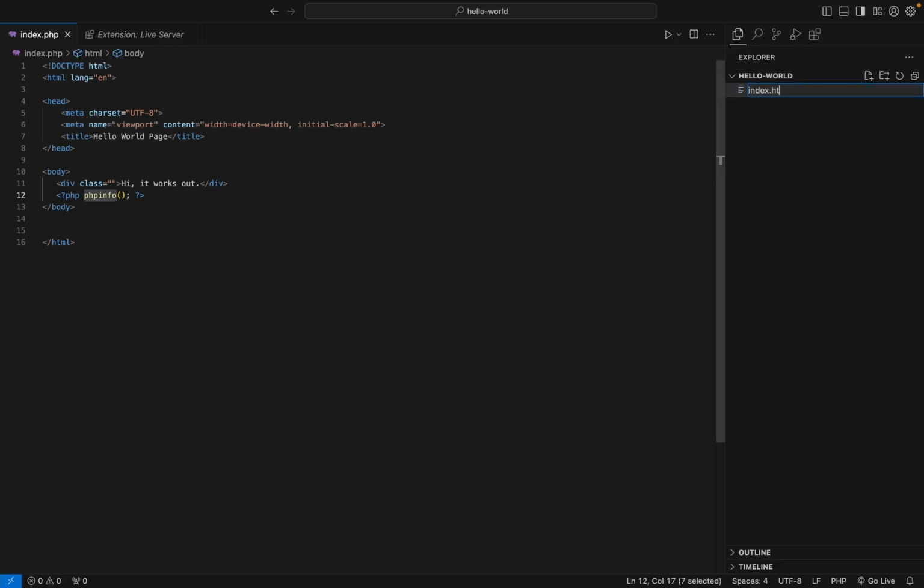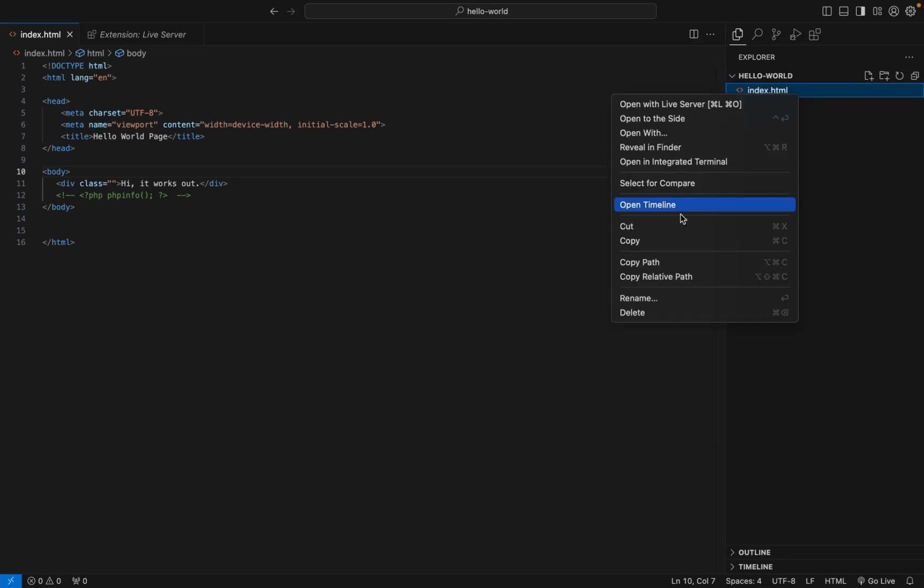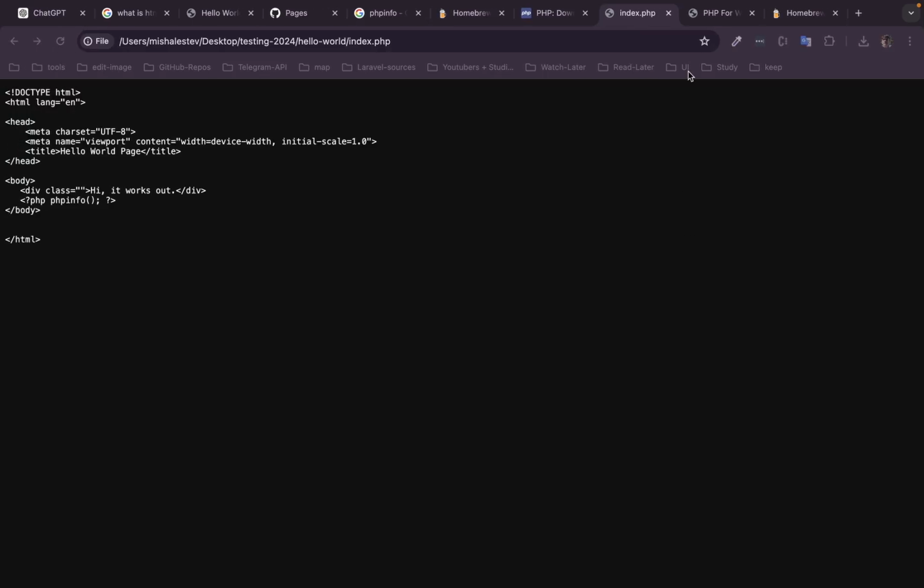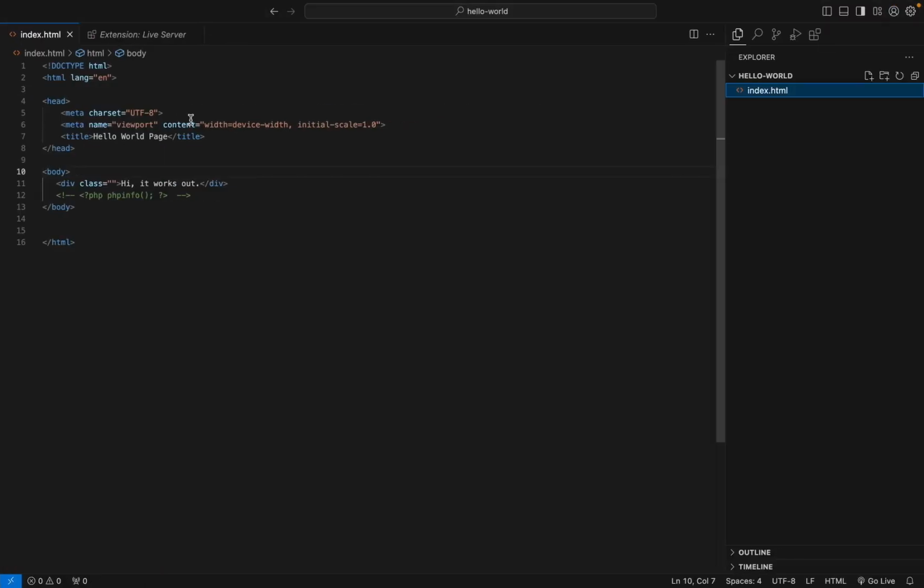Now, I'm going to create a new index.html file. I'm going to comment this line. Now if I copy the path of my index.html and go over here in my browser and paste it in here, as you can see, my HTML is working, so the browser can read what my HTML is. I think the first misunderstanding that I've ever encountered is that